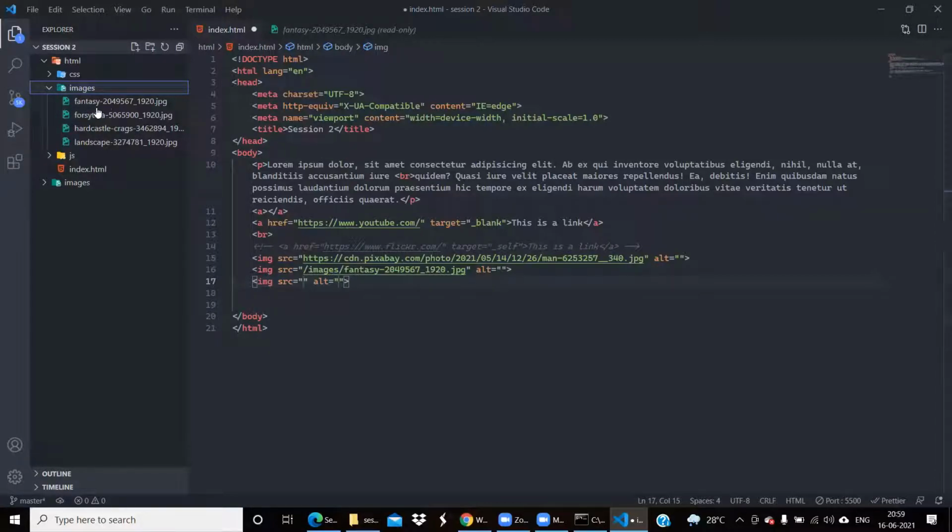So suppose you want to go into the forsythia room, I'll show this to you right now. /images. I move inside the house and I want to go inside this room. Let's just take this only. I don't want to copy it again. So I move inside this room. Fantasy, like this was named this, and .jpg is the extension. It's basically telling what type of image it is. We can have BMP, like bitmap images, and other types of images. So did you understand it right now?